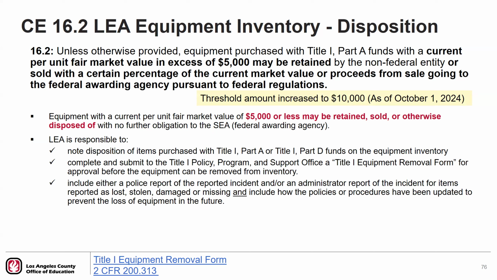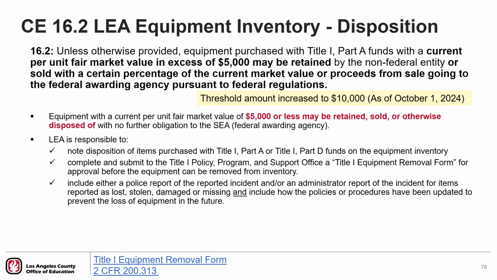We will look at another item related to equipment purchased with Title I funds. CE 16.2 addresses the disposition or removal of the equipment on the LEA's inventory list. When equipment acquired under a federal award is no longer needed for the original project, program, or for other activities supported by the federal agency, the recipient or subrecipient must request disposition from the federal agency, in this case, the CDE,